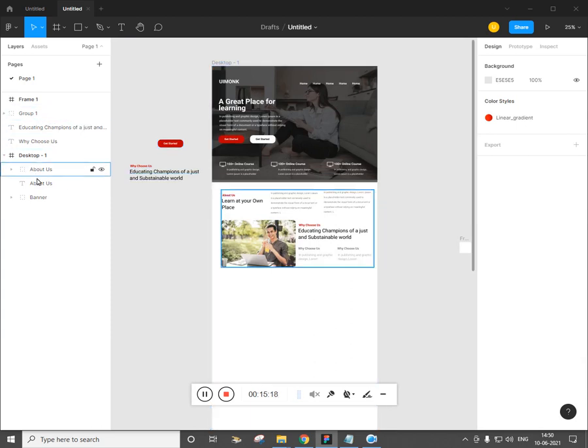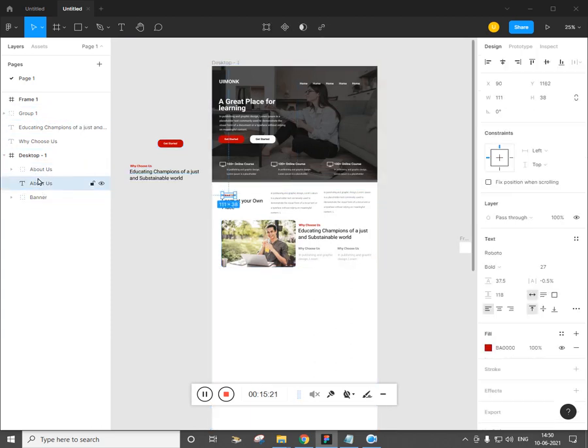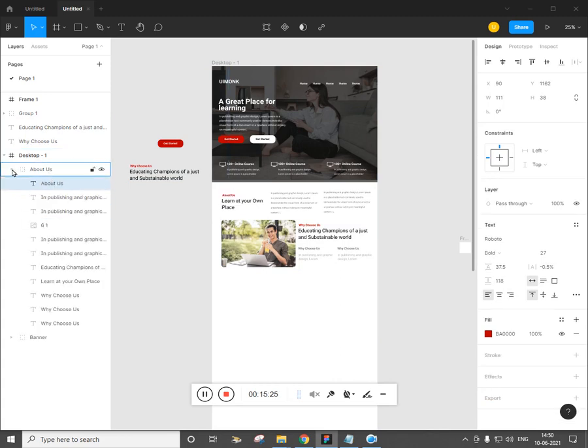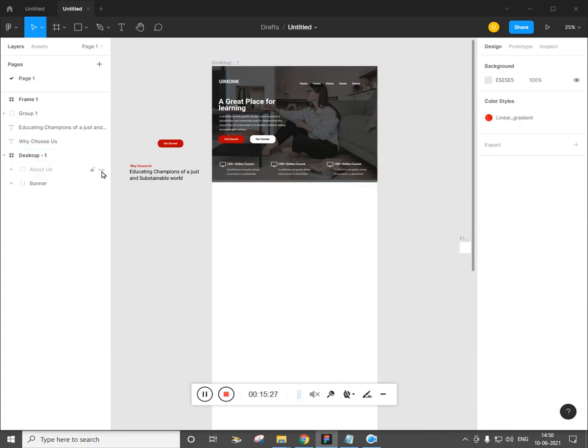So these sections are out, so let's place this inside. Now we have two sections.